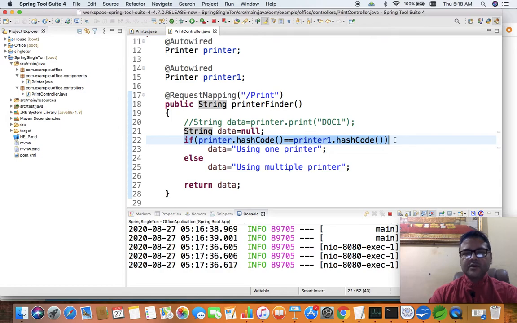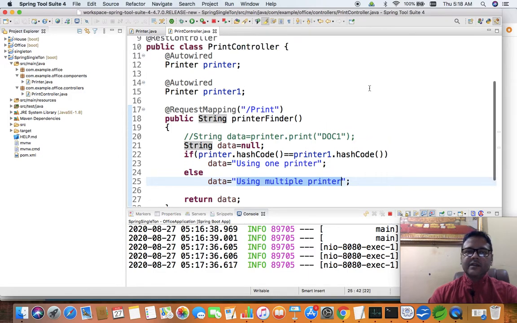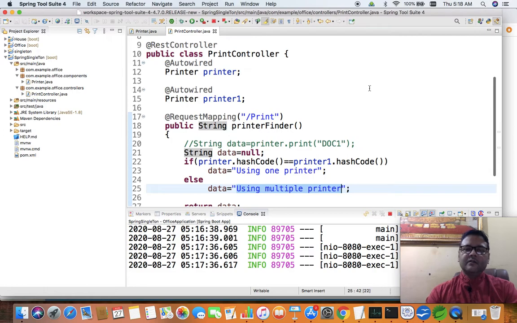Since both hash codes are the same, we got this line. If we had used different objects, or the Spring container had created different objects, then we would have got the output using multiple printers. So this is how we are creating dependency injection, and this is the implementation of the singleton design pattern.